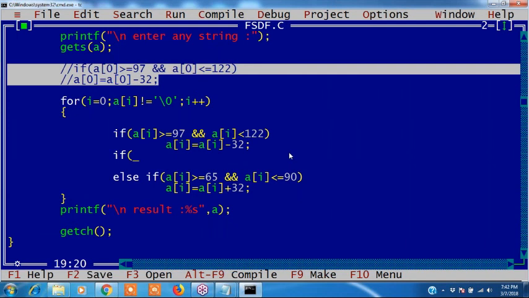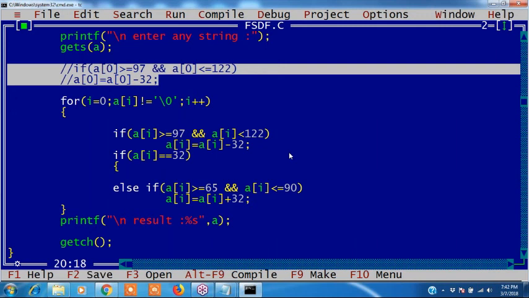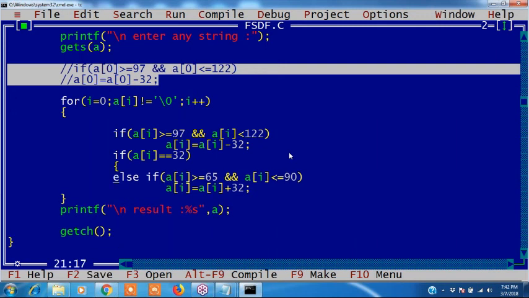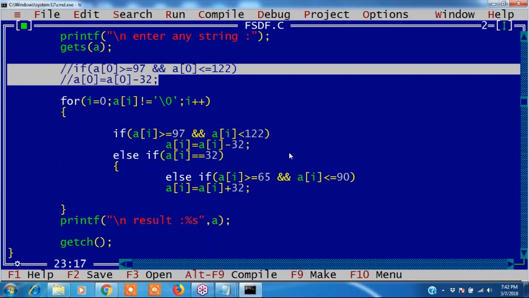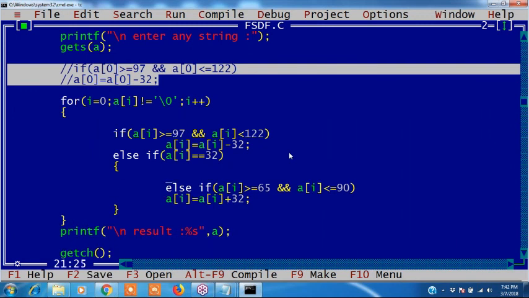Here I want to write: if a of i equals 32, if it is space, else if a of i equals 32, go to i plus plus.